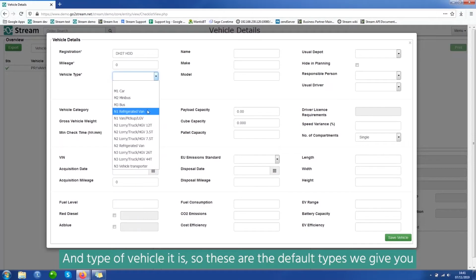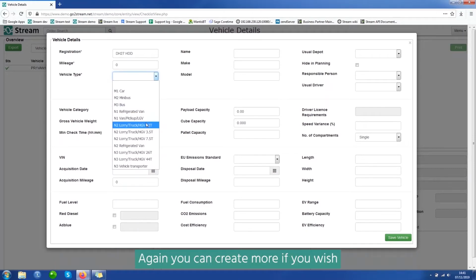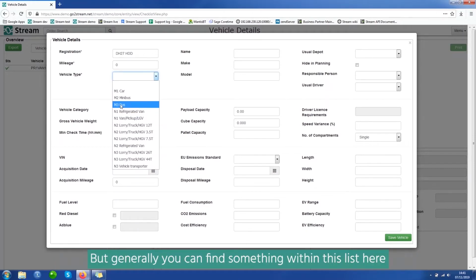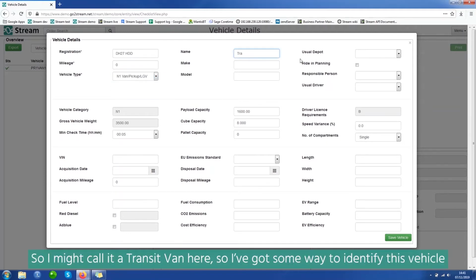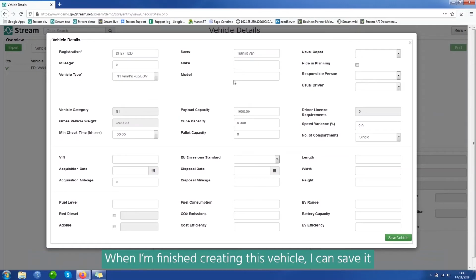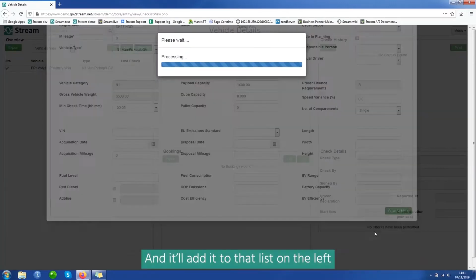So these are the default types we give you. Again, you can create more if you wish, but generally you can find something within this list here. So I'm just going to pick it as a van. You can enter things like a name or make and model. So I might call it a transit van here. So I've got some way to identify this vehicle. When I'm finished creating this vehicle, I can save it and it will add it to that list on the